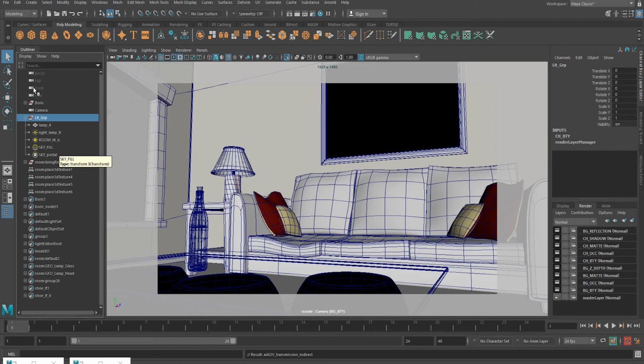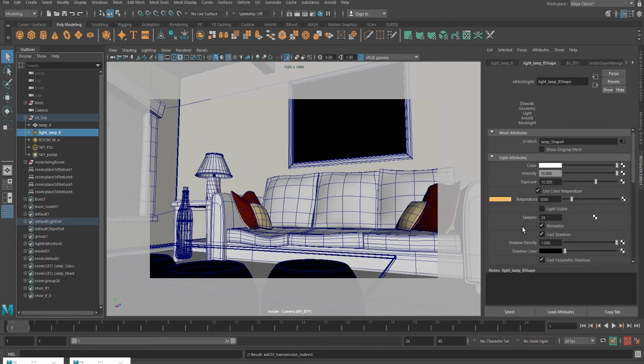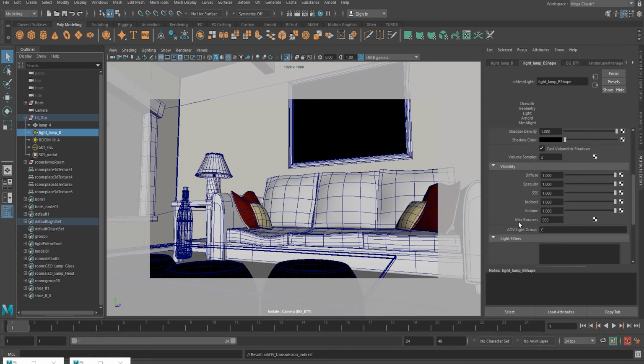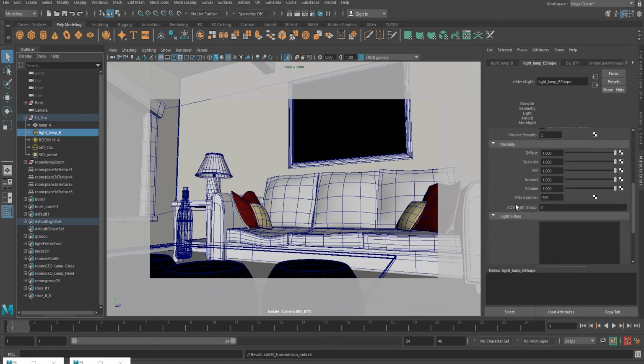For creating those AOV light passes, we need to first create the group for these lights. What I mean is, select any of these lights, like I've selected this lamp light. Go to the attribute editor, and in the shape tab of your lamp light or any other light, in the visibility tab you will find AOV light group.